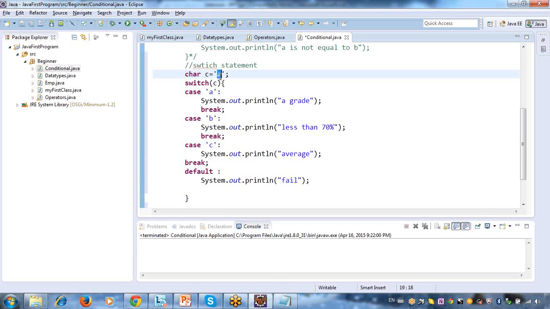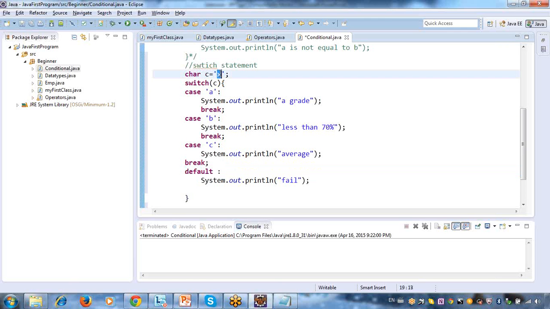Whatever value is inside C, say for example, if I am sending X, it will check, is there any X case? No. Then it will go to your default and execute that case.